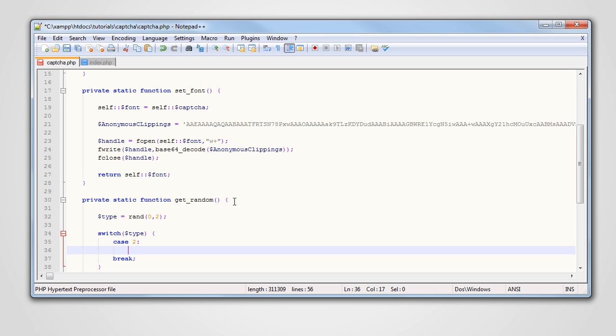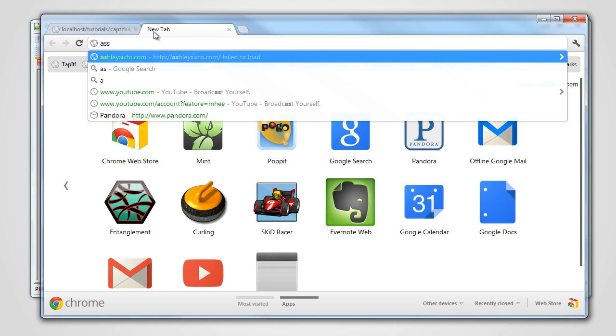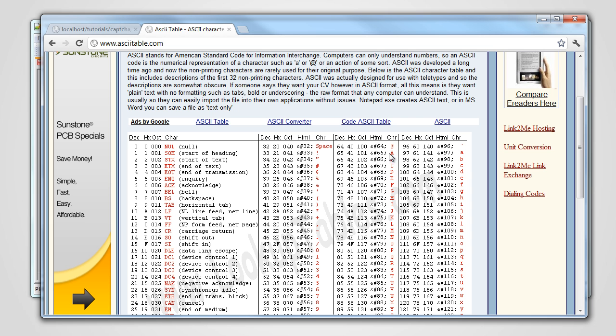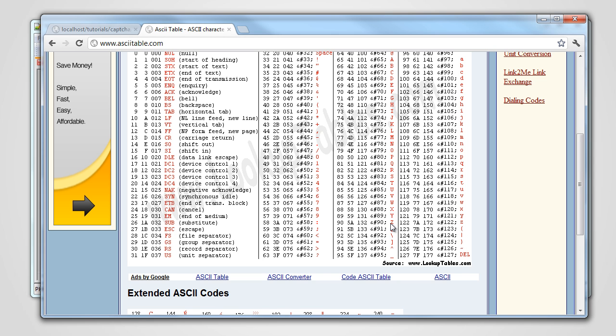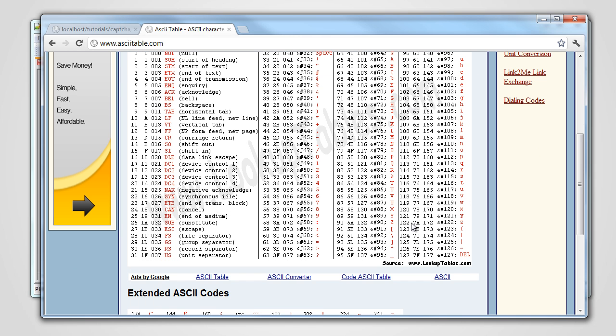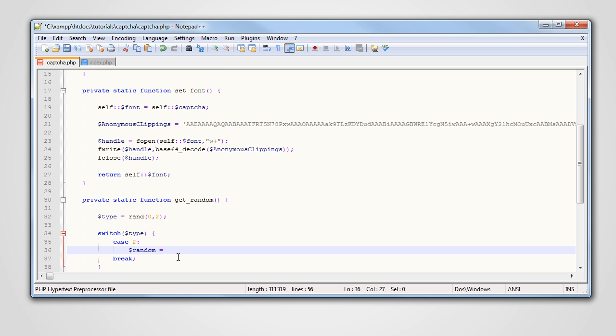Break, and then I'm gonna call it variable random equals, and PHP has a good function called CHR that you pass a decimal and it will return the ASCII value with that decimal. To do that, we can go to ASCII-table.com, and we can see that capital A is from 65 to 90, and lowercase a is from 97 to 122. Okay, so hopefully we don't forget that, and we put CHR and then rand. I believe it was 65 and 90,